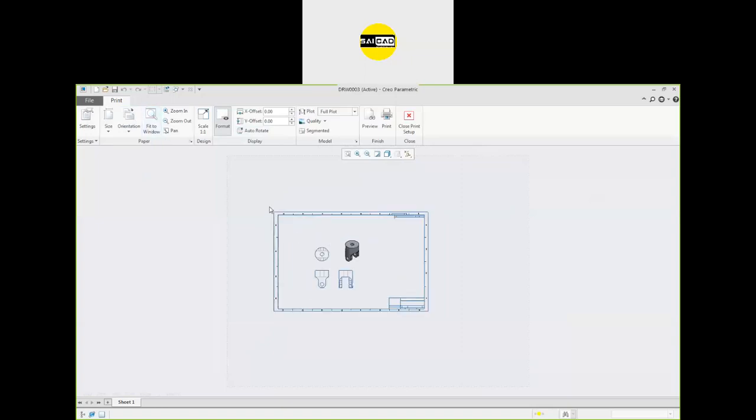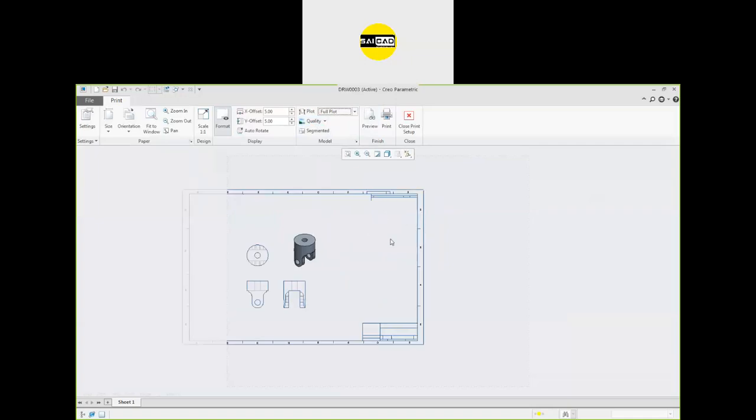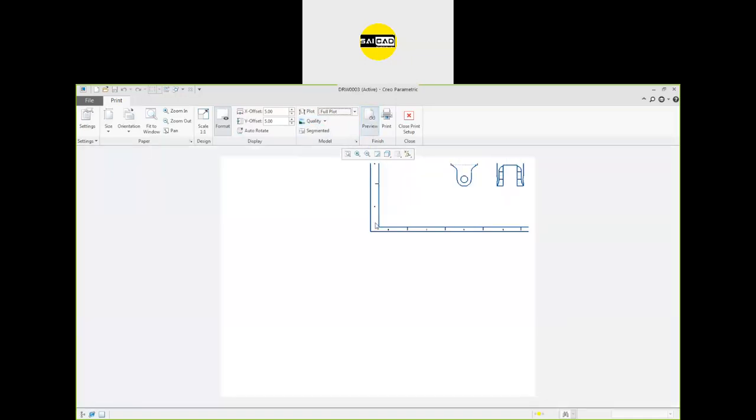After that, fit to window. Everything will be fit. The scale can be selected from here. The format you want or not. We have the format here. So offset, if you need any offset from the side, we can add some offset, like I want to offset of 5 on both sides. Okay. So these are the options. This is the quality option. Leave everything. Okay. Just go to the preview.